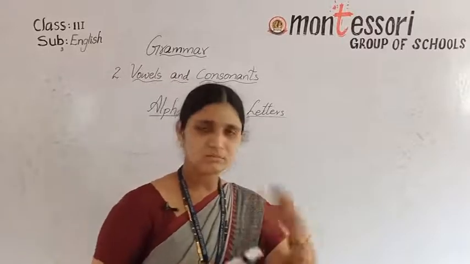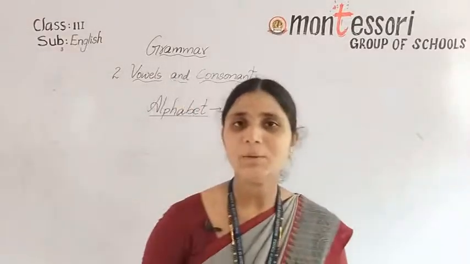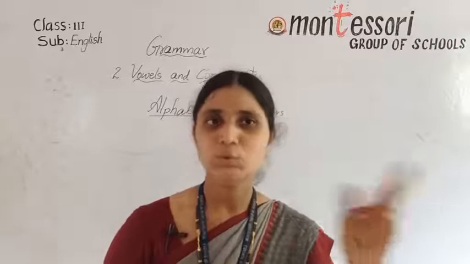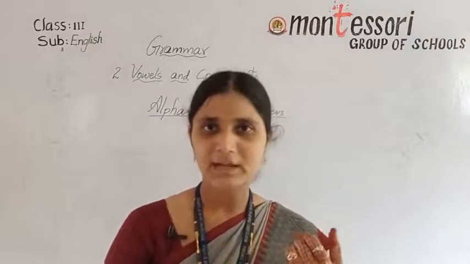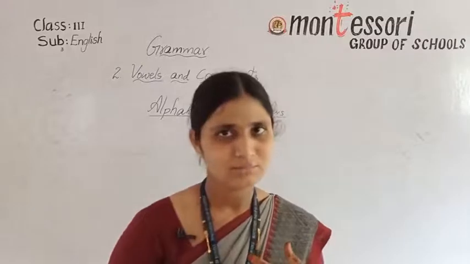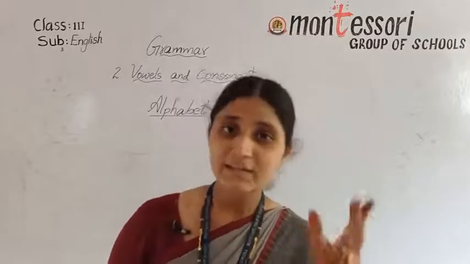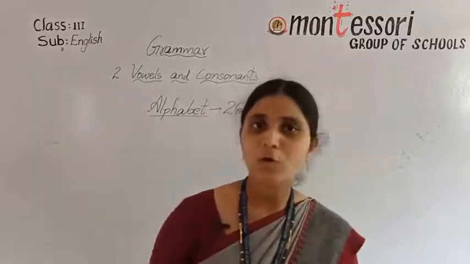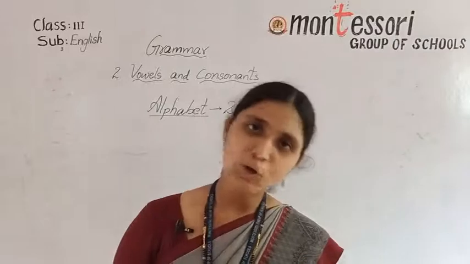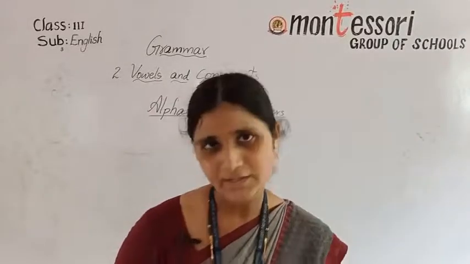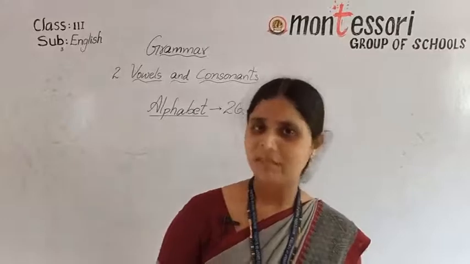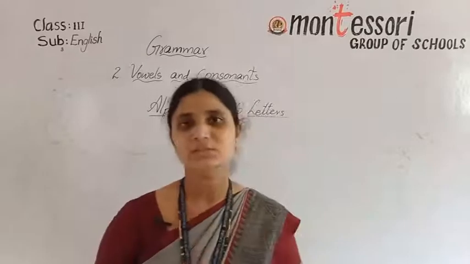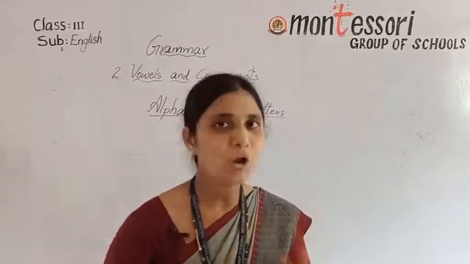In the previous videos, I hope I have explained to you that we can write our alphabet in two forms, capital and small. And I have given another name for capital and small also. Capital letters are also called uppercase letters and small letters are also called lowercase letters. So, we can write these 26 letters in two forms, capital letters and small letters.